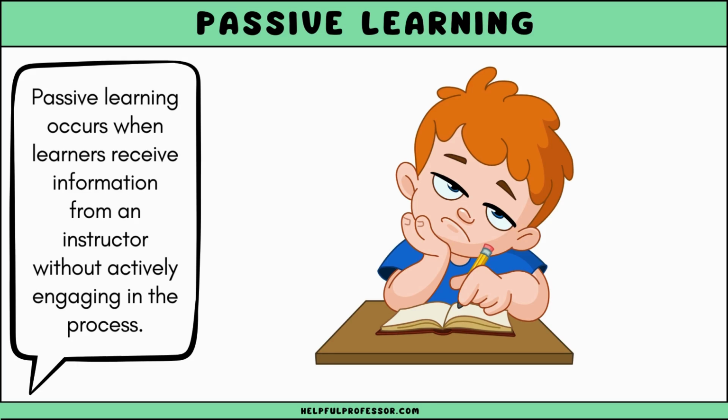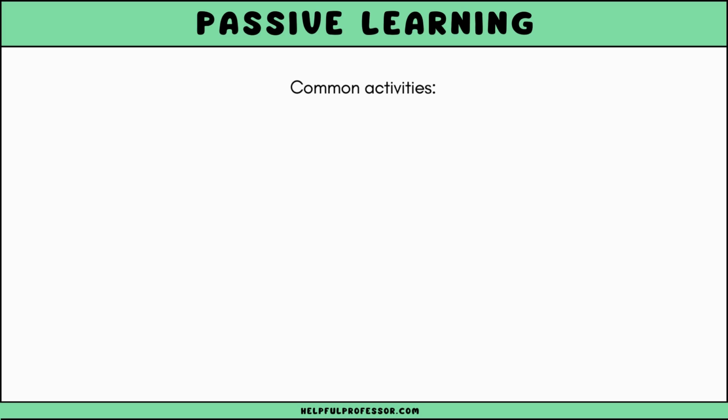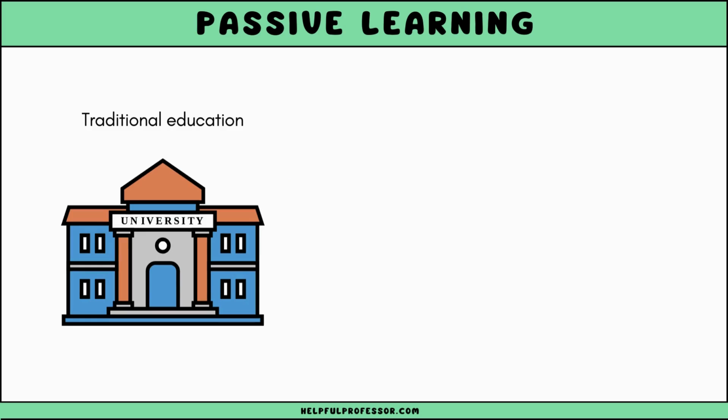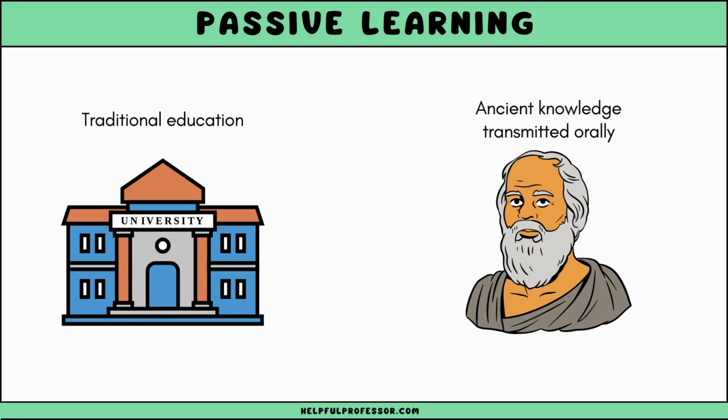Passive learning occurs when learners receive information from an instructor without actively engaging in the process. It is characterized by activities such as listening to lectures, reading textbooks, and watching videos. Passive learning has its roots in traditional educational systems, dating back to ancient times when knowledge was transmitted orally by